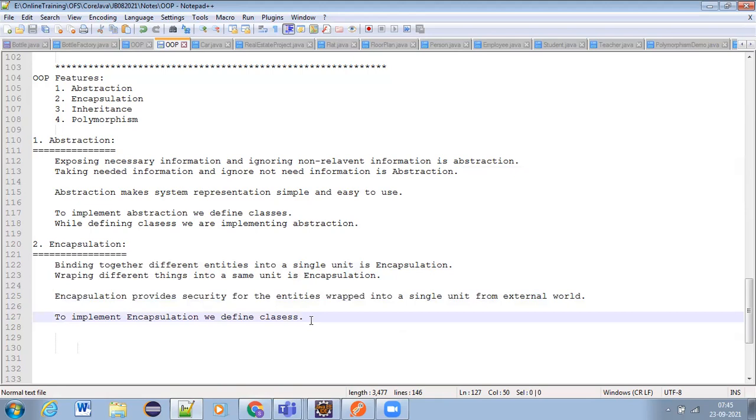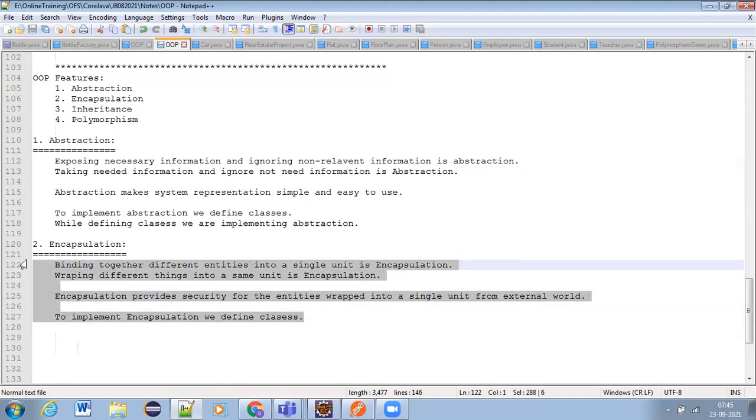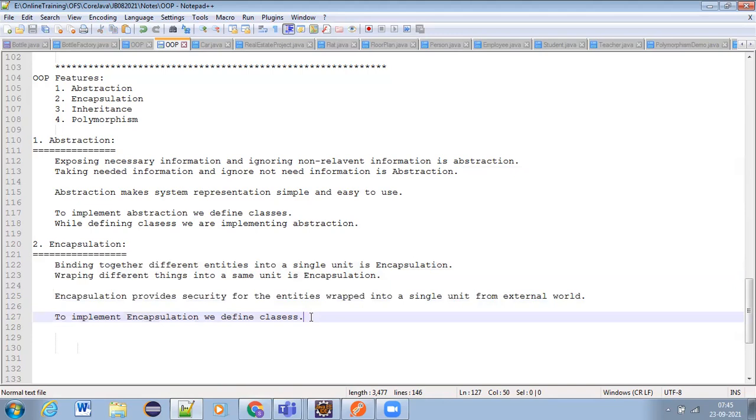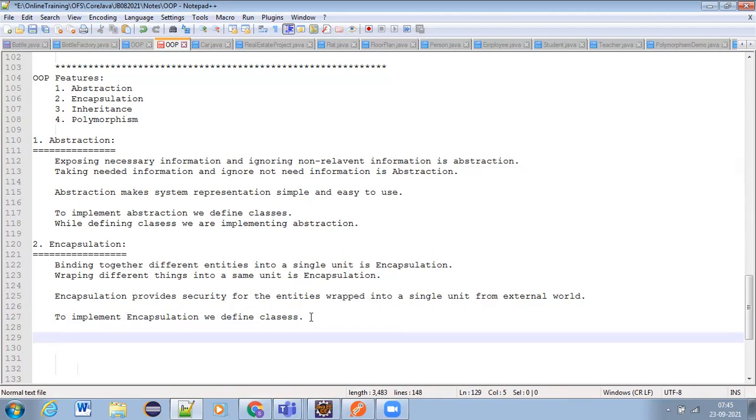Tomorrow we'll continue with further concepts: how to implement encapsulation at further levels. Abstraction we'll discuss at more levels later, but tomorrow we'll discuss how we control the encapsulation and visibility, how with the help of access modifiers we can control encapsulation and data hiding.